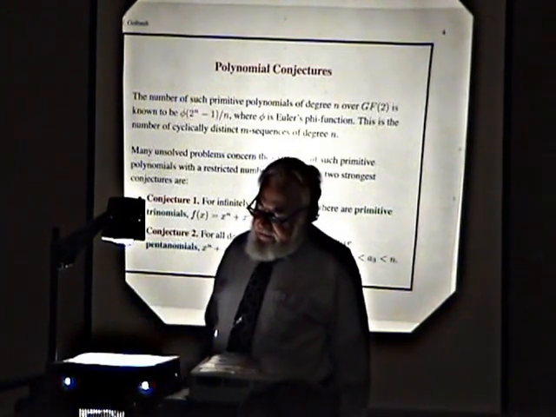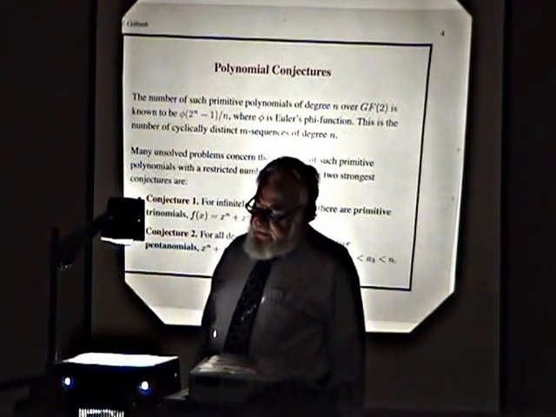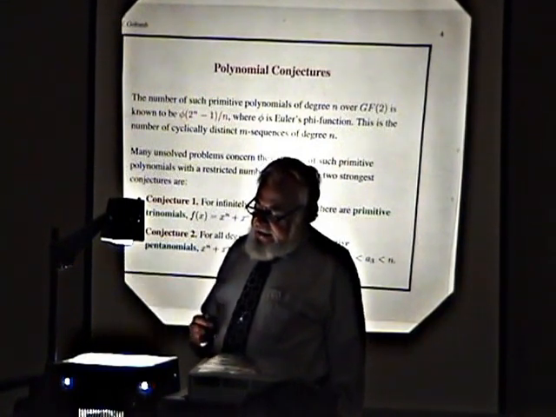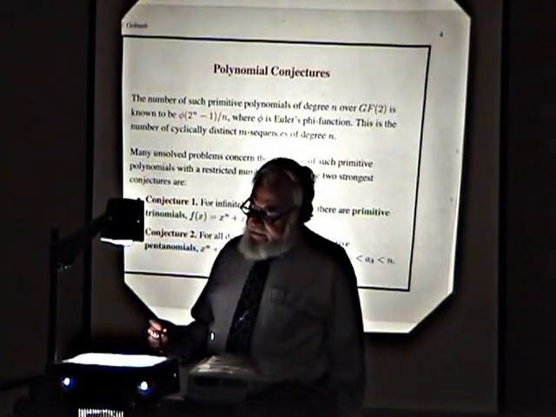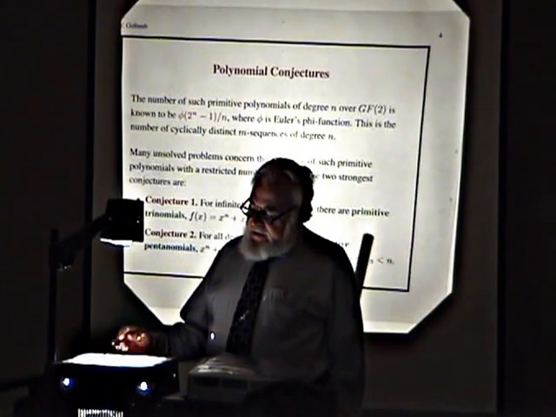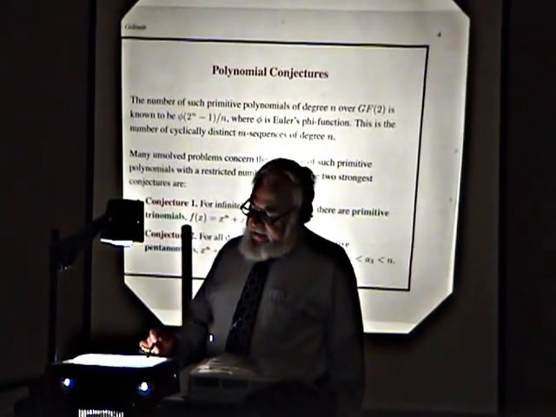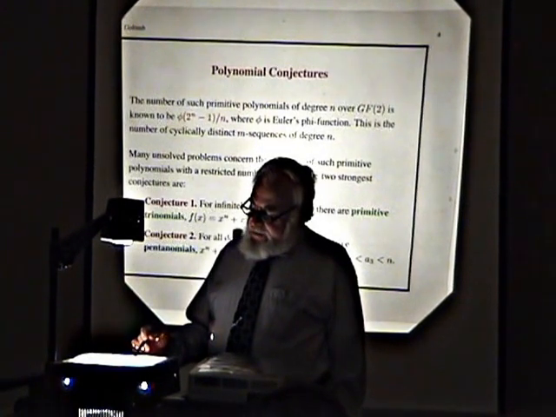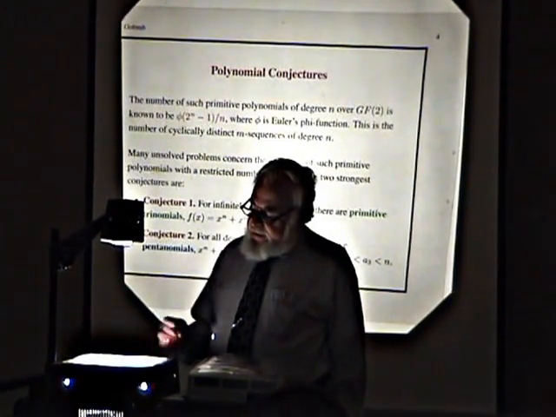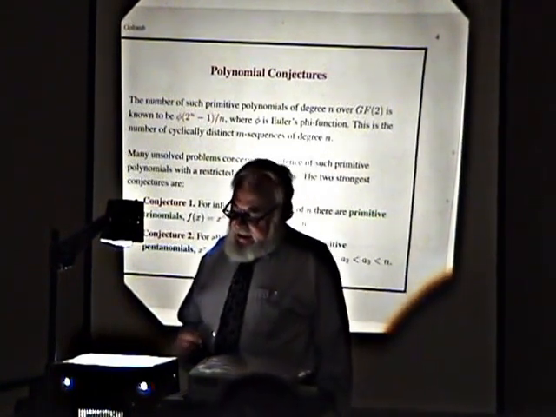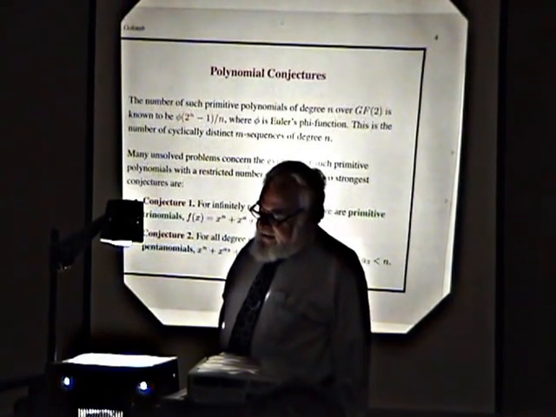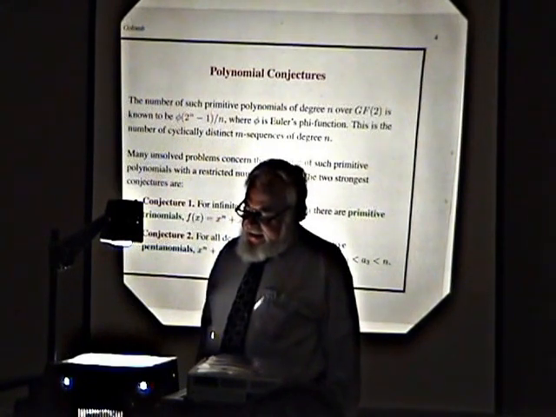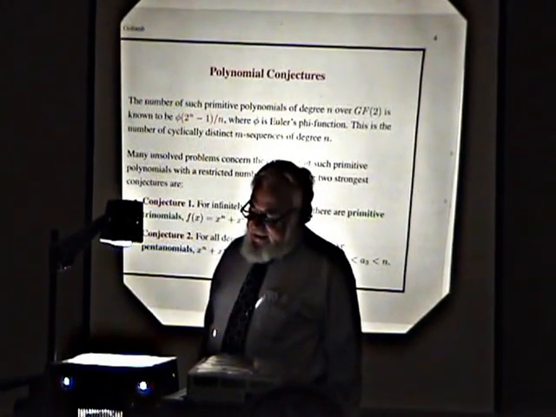And historically, one of the things people have been interested in was finding M sequences where the corresponding shift register has relatively few terms that are actually added into the feedback function. So here are two of the strongest conjectures, still unproved. For infinitely many values of n, there are primitive trinomials, that is, functions f of x of the form x^n + x^a + 1, where a is between 0 and n. I would say the evidence statistically is that this conjecture is true,